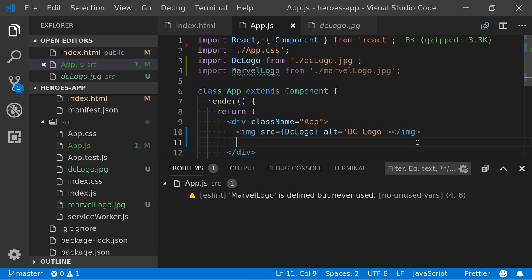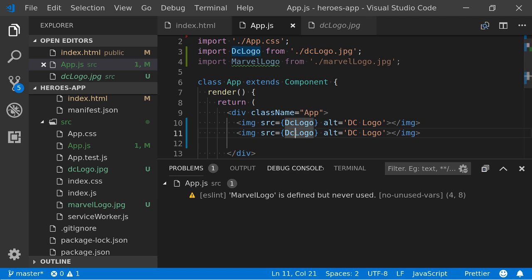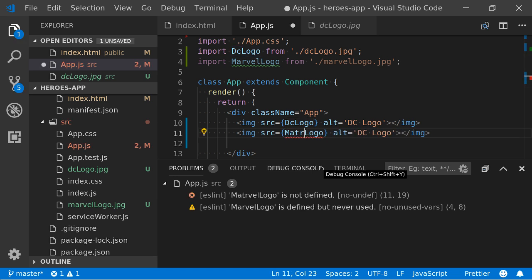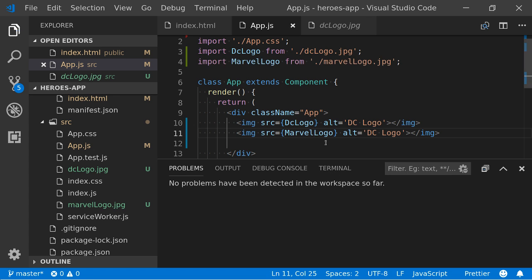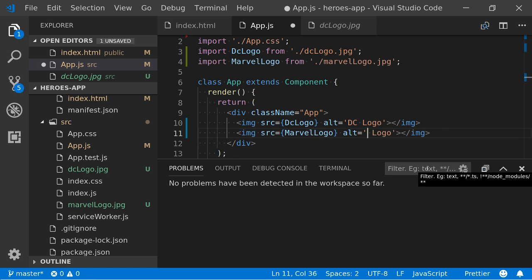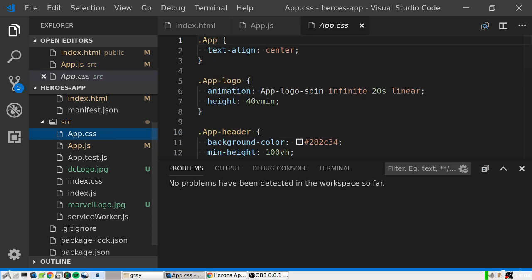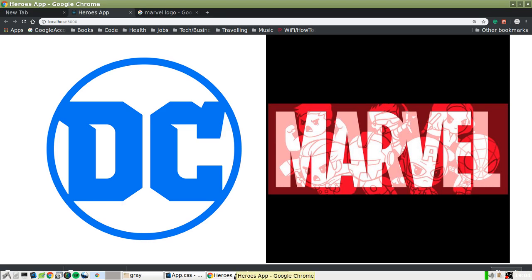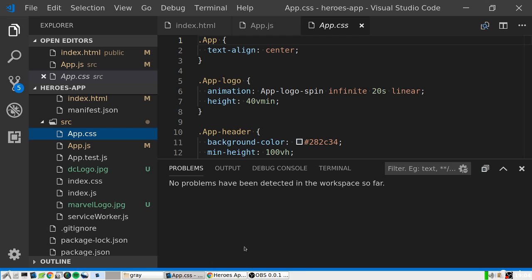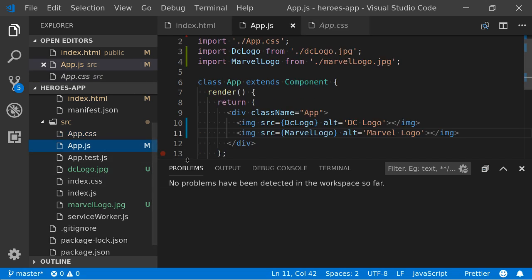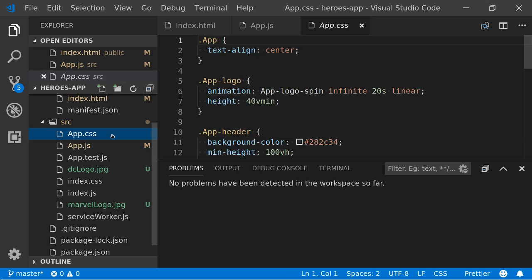I'm just going to put my second logo in first. So my second logo was my Marvel logo. Make sure you change your alt as well. So you've probably now got two images. I better check I've got mine actually. There we go. So I've got two images side by side. Okay, any ideas how we can maybe make them a little bit smaller if we didn't want them quite so big?